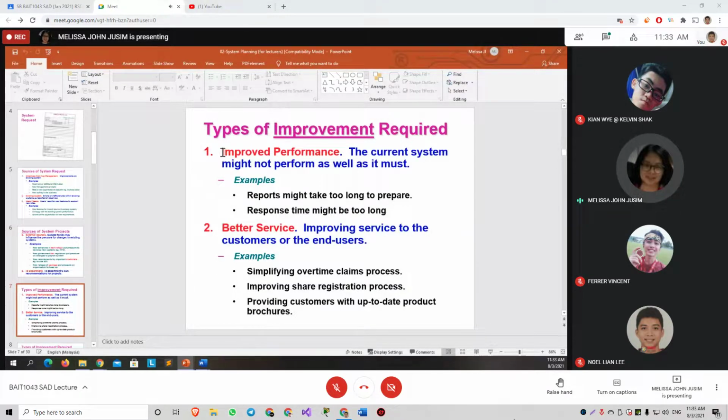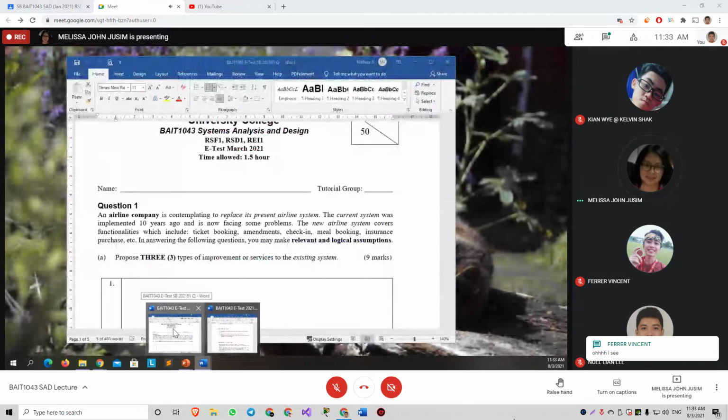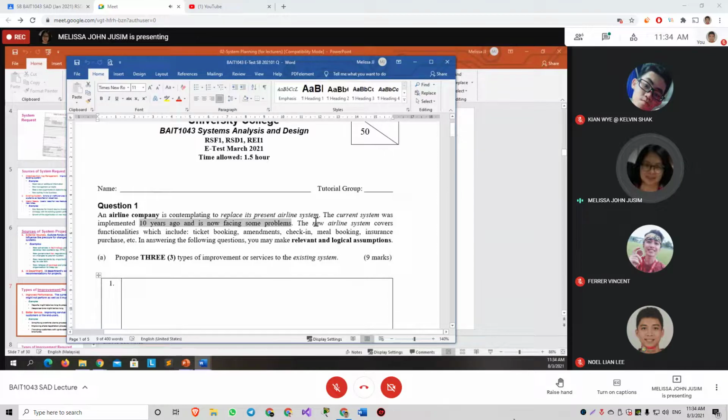So you can either say improve performance, better service, because if you refer to the question, it's an airline company, they want to replace the airline system, and the current system was implemented 10 years ago and is now facing some problem. Okay, and the new airline system covers the following functionalities.